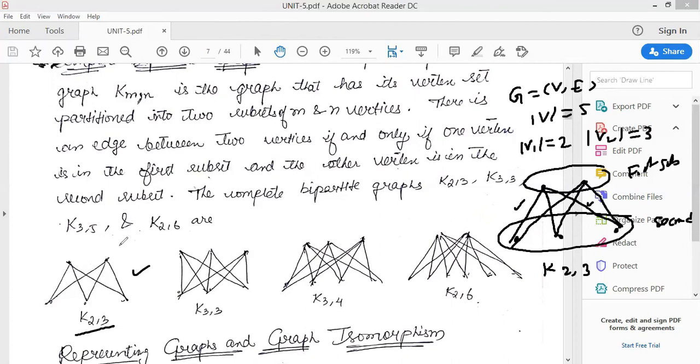Suppose this is your first subset. I am drawing one edge here. Now is it a complete bipartite graph? No. Why? Because if you take that edge, it is an edge between two vertices that are in the same set, so it is not complete. If you draw an edge like this,